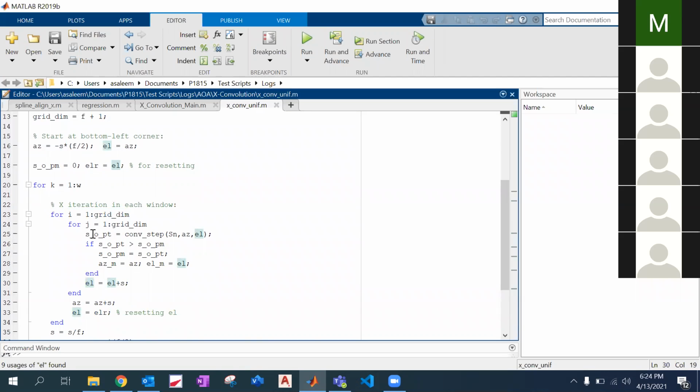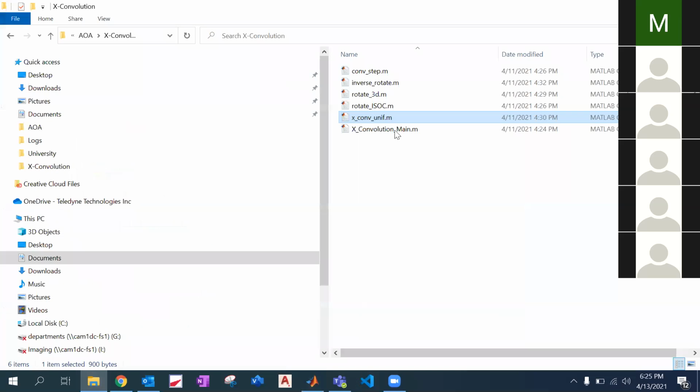Another thing to mention: at each point you're doing the sum of products, and it's this function conv step that is doing the sum of products. So if I pull that up,